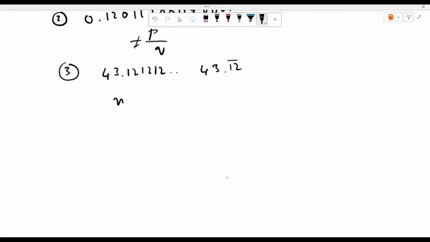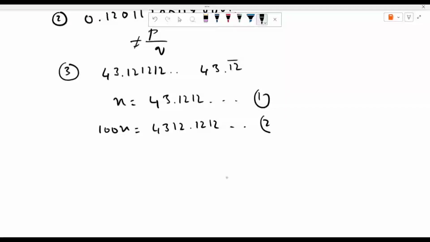Let's take x equals 43.1212 and so on. I will multiply this with 100 on both sides. 100x equals, now if you multiply 43.1212, the decimal will shift 2 places, so it will become 4312.1212 and so on. I will mark it as equation number 1, this is 2. Now I will do equation 2 minus equation 1. So what I get,